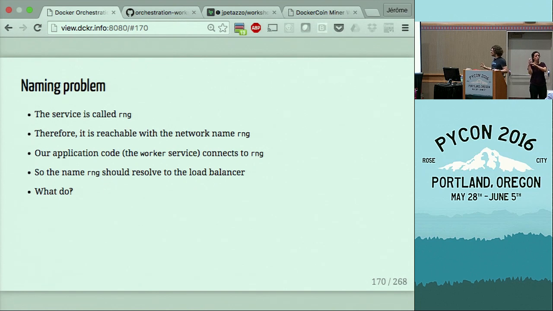In other words, and I'm fully aware that it's past 4 p.m. and that you're probably tired at this point, but that's one of the trickiest things here: I want the RNG name to simultaneously be my RNG backend and my RNG load balancer. Because when I'm in my worker code, when I'm connecting to RNG, I want to connect to the load balancer. But when I do Docker Compose scale RNG, I want to scale the backend, not the load balancer. So the solution